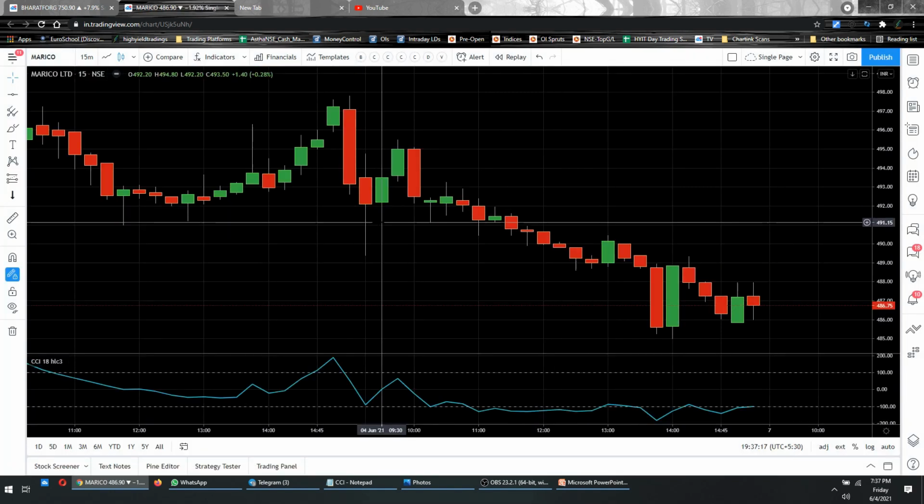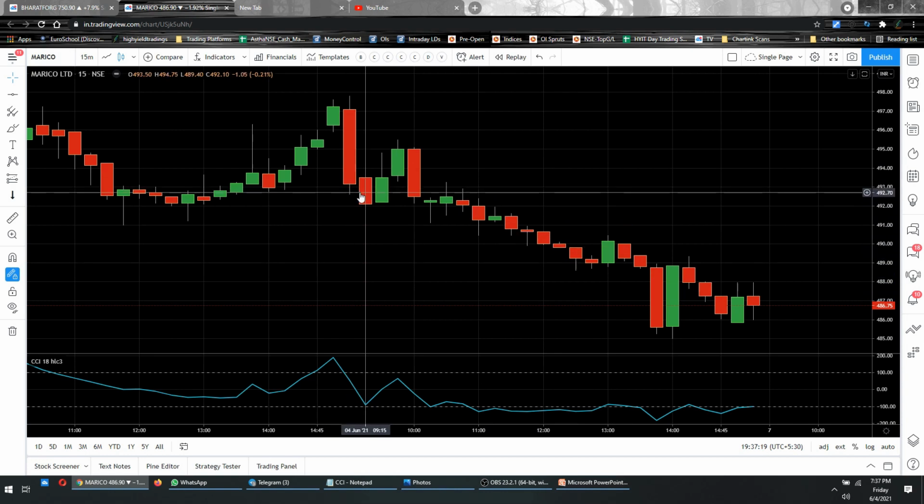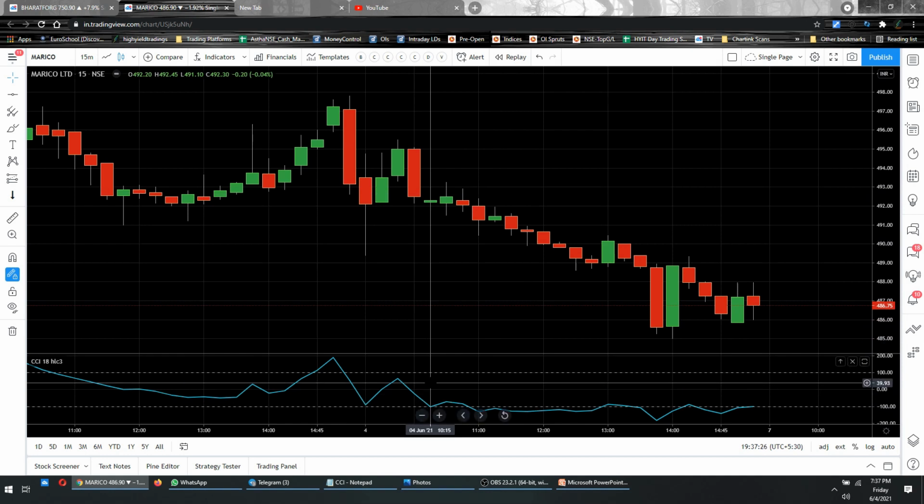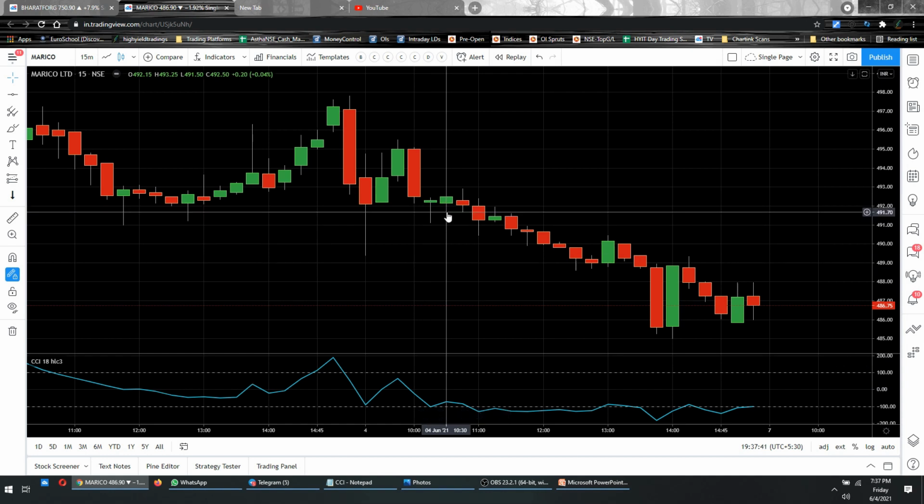Marico also, the first candle of the day was the 9:15 candle that is here. Okay, and this is the point where the CCI line breached the minus 100 line. That tells you that you can go short, right? So 10:15 was the time when the CCI line breached the lower band. So where will you take the short entry? You will take the short entry at the 10:30 candle. That is this candle, right? At the 10:30 candle, at any price, you can take up a short trade, and as you can see, it nicely fell